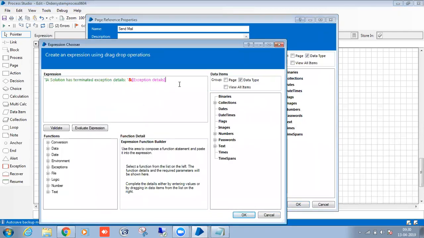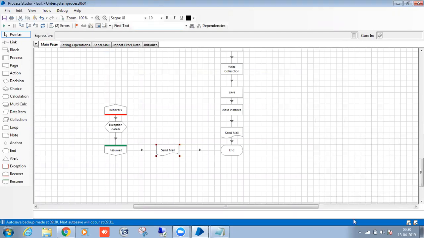Exception details I am passing. Right? So any questions? Any questions?